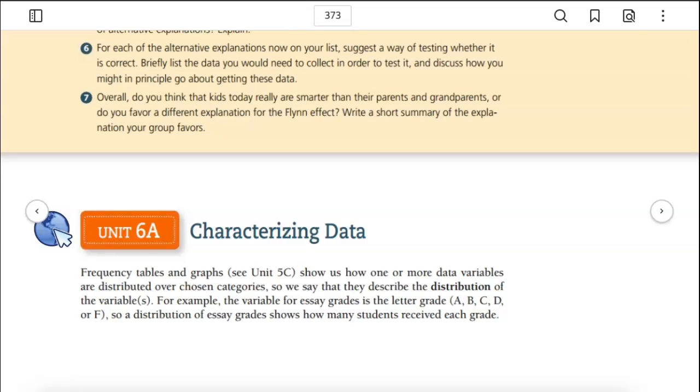Let's now look at some of the main ideas in Chapter 6. Starting on page 373, again up here at the top center of the screen, you should be able to keep up with what page number I'm on in the e-text. You'll see that there is a quick video introduction to section 6A, and as always, I highly encourage you to